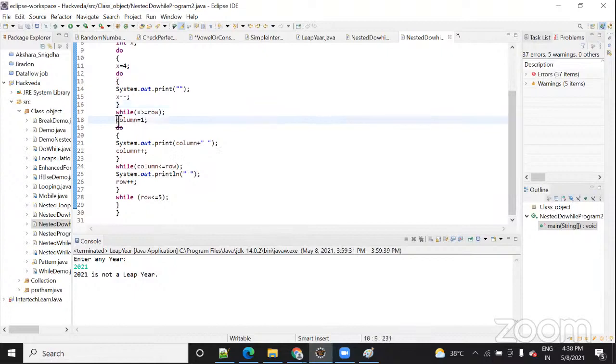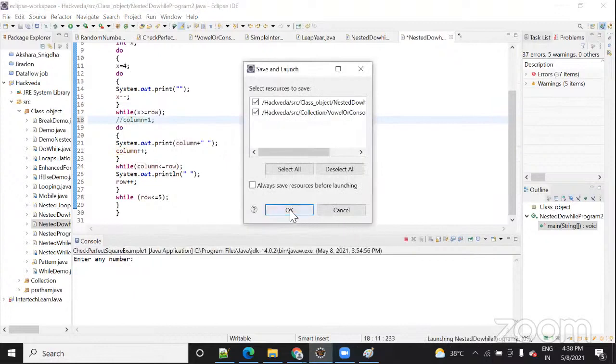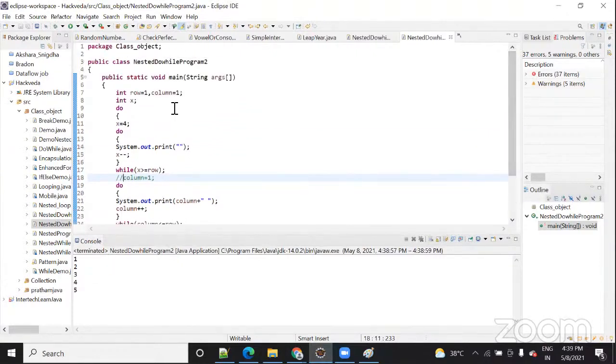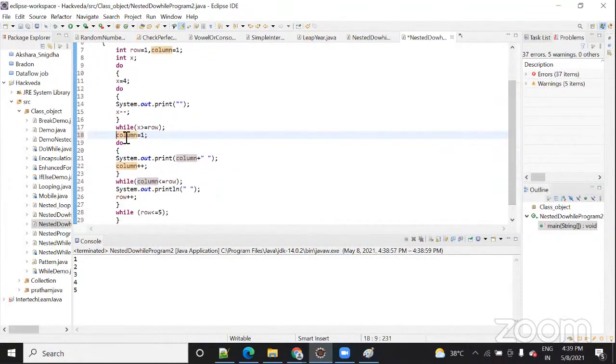Okay, let me comment it, because at the top it might have been initialized. No, it is not working when I commented it, because I haven't declared column. Here I have declared column equal to 1, but this column is for this loop, okay. This column equal to 1, actually it is guiding you that now the current value of column is 1. So here it is going to print 1. Let me run it.